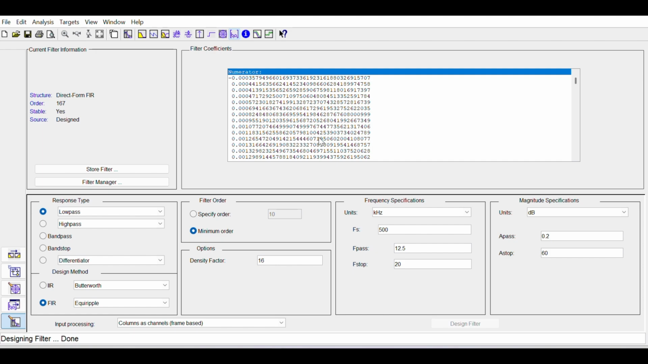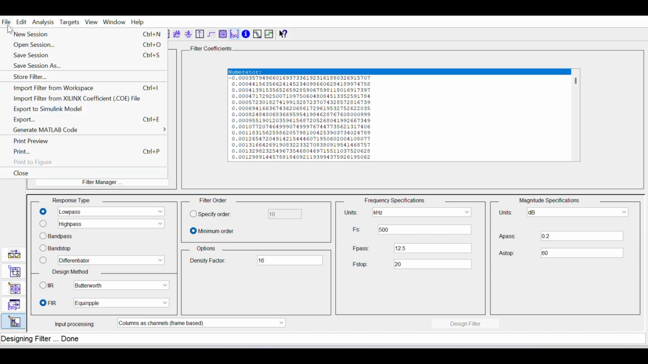So for my case, I don't have to do much. I can just close this window and then go back to my design. But in some situations, you need to export these coefficients. So if you need to export them, you need to go to here,